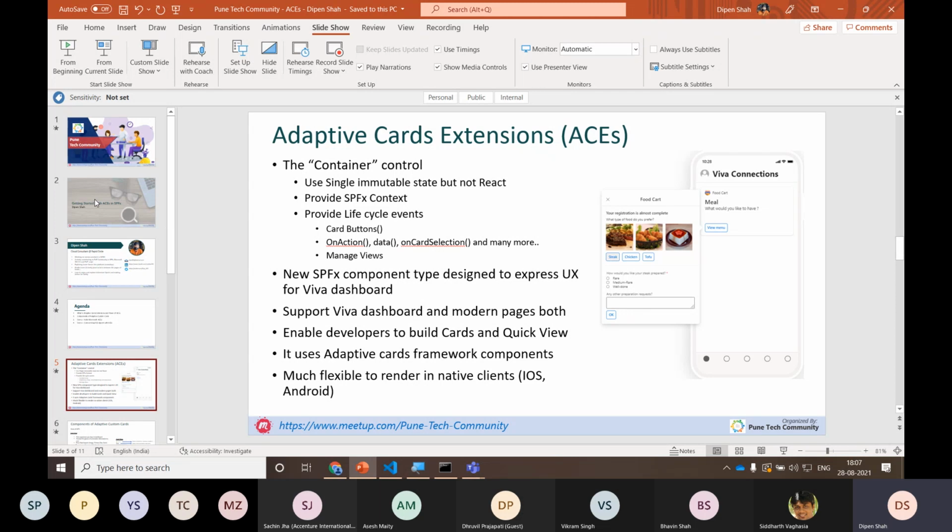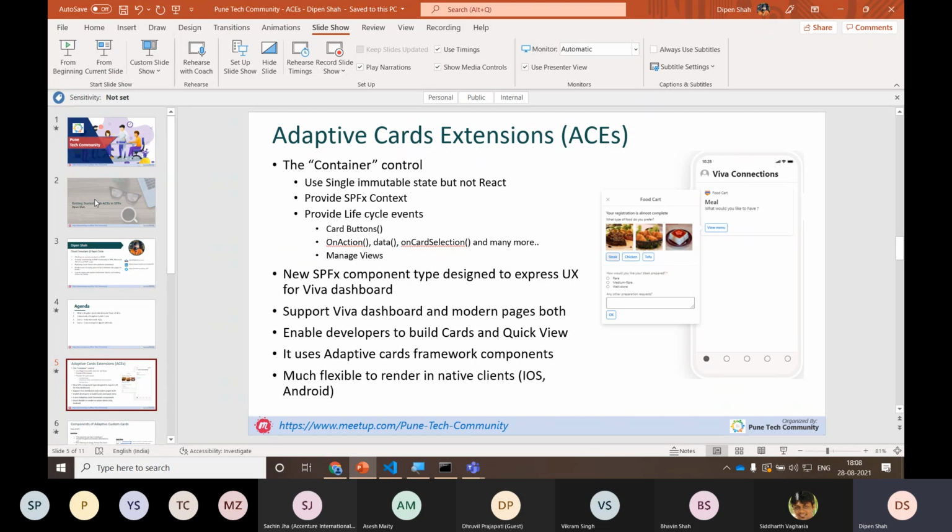It's a container controller. It uses a single immutable state, but it's not React. React is not an included package in the ACE, but the state is managed in the adaptive cards. It provides the SPFx context, so we can communicate with SharePoint and with other Microsoft 365 platforms through the Graph API.